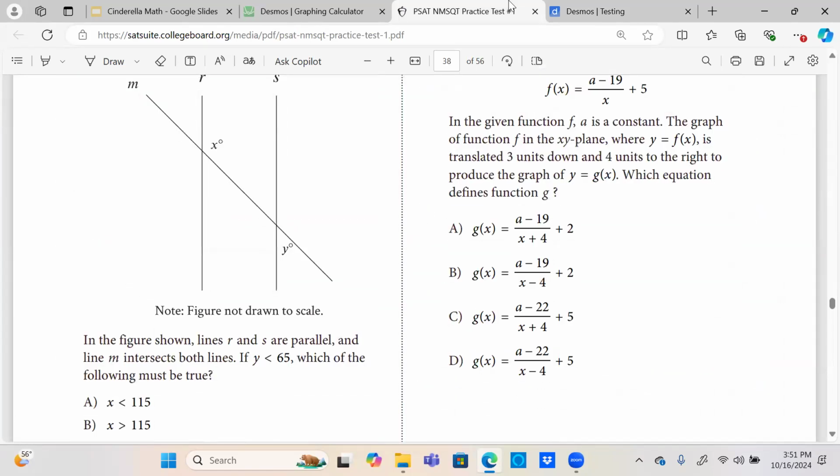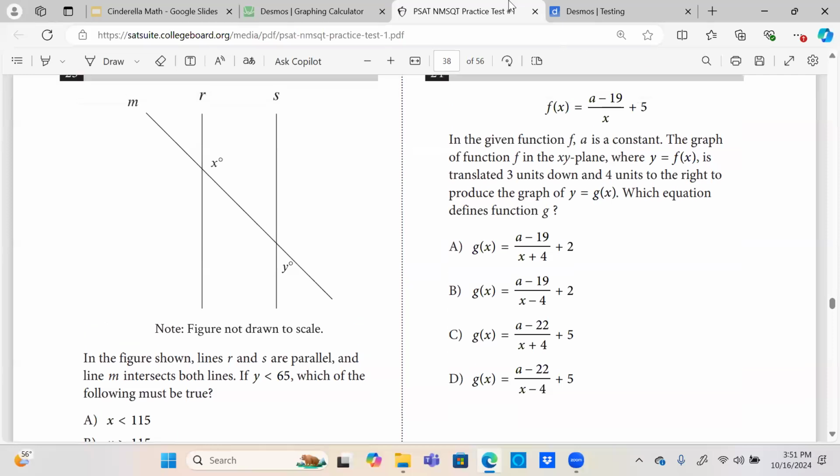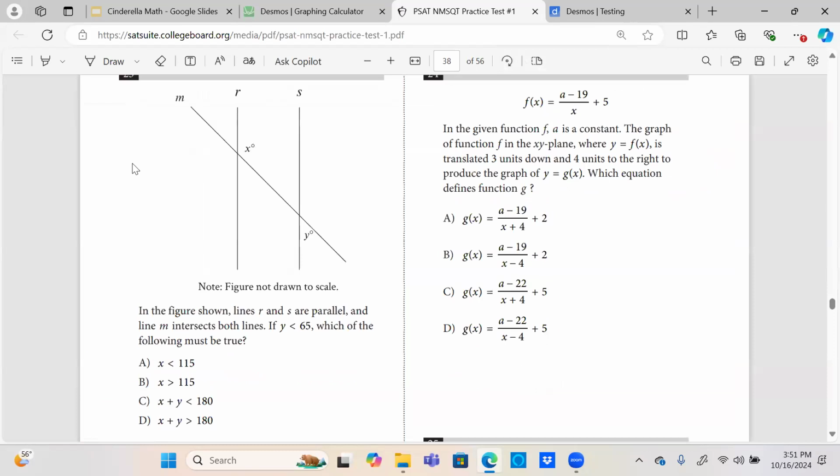23. In the figure above, lines R and S are parallel, and M intersects both lines. If y is less than 65, which of the following must be true? Okay, so good geometry problem here. Let me zoom that out just a smidge. There we go. If y is less than 65, so